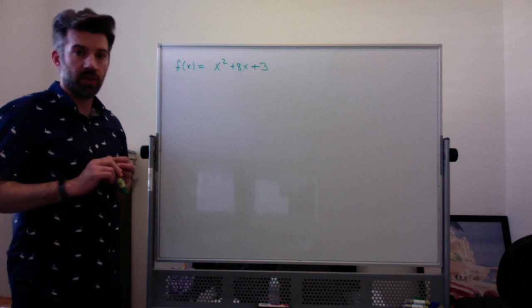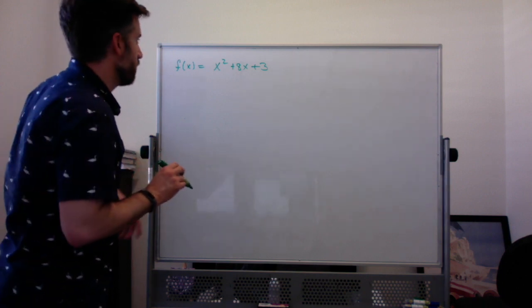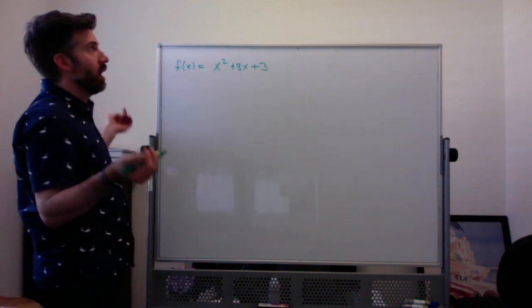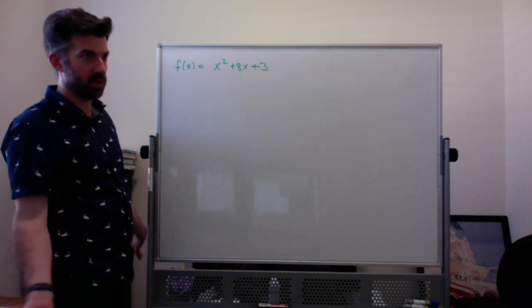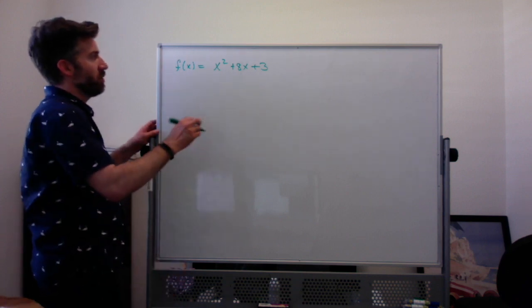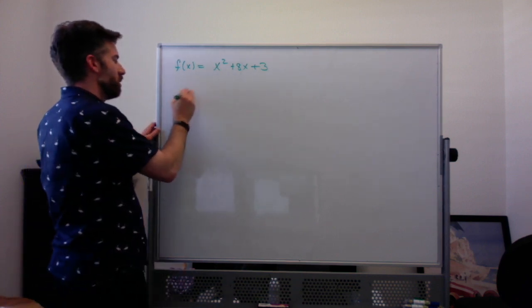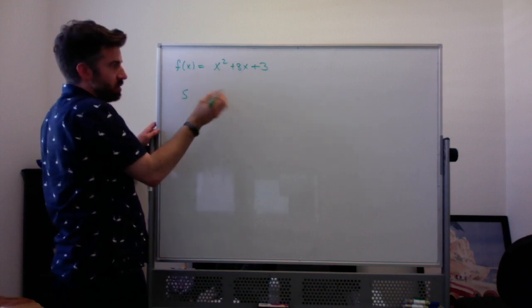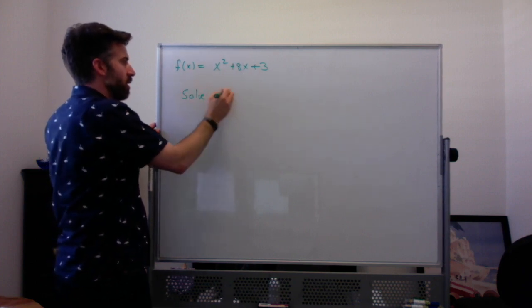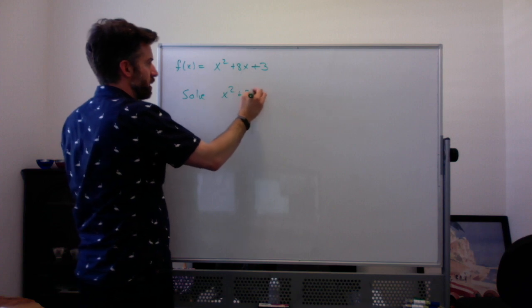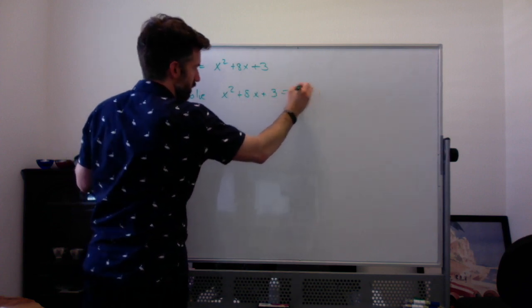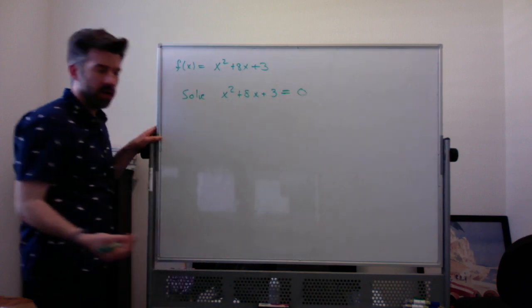Let's talk a little bit about the quadratic formula. Someone had asked to kind of show how we simplify the quadratic formula results. So if I'm trying to solve, this is my function x squared plus 8x plus 3. If I'm trying to solve x squared plus 8x plus 3 equal to 0, you can try to factor, but